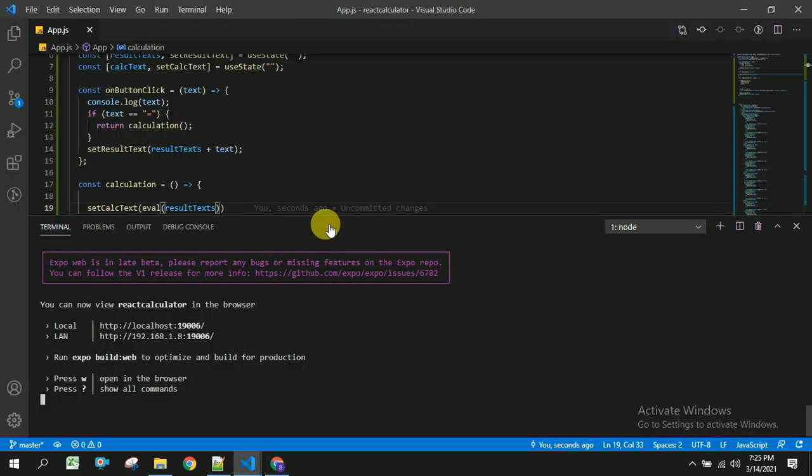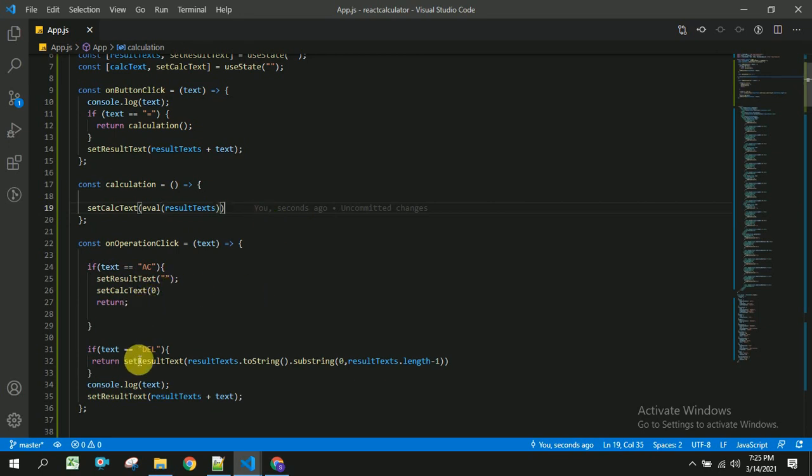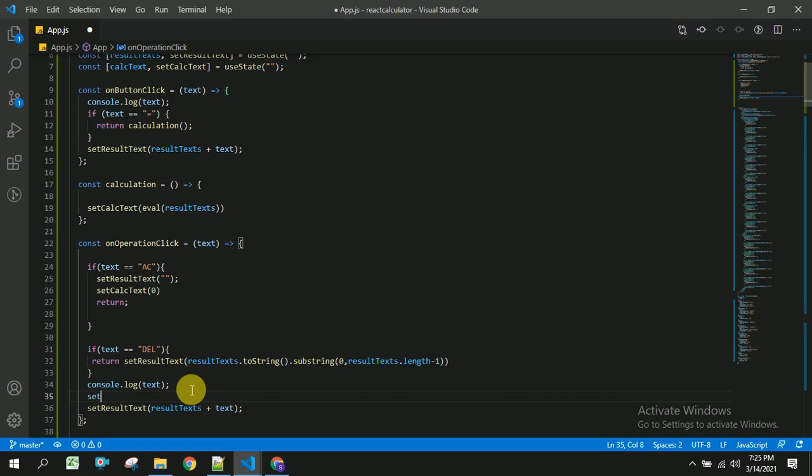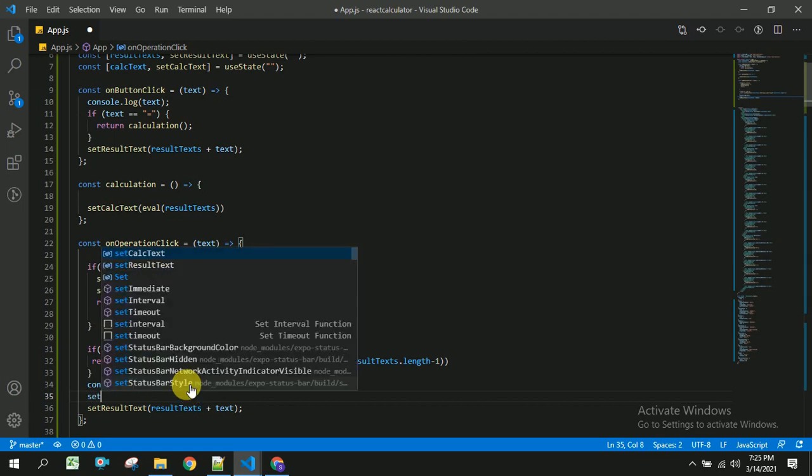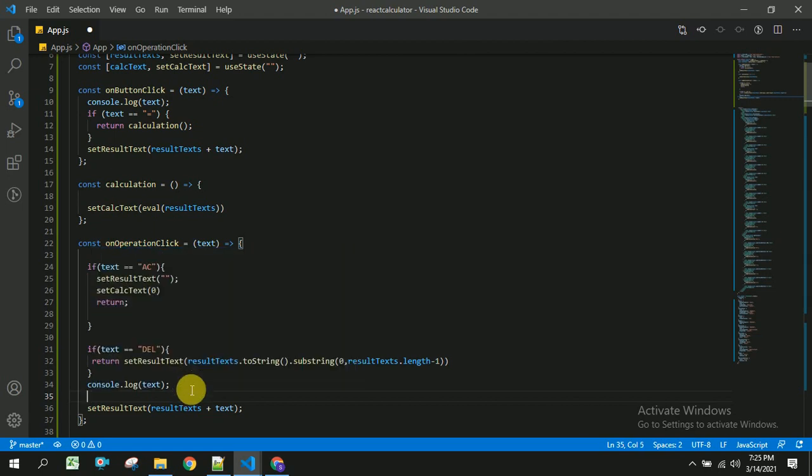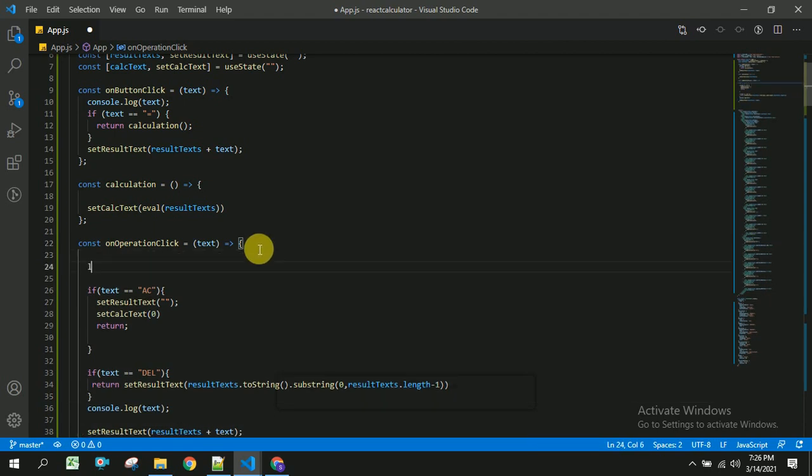For this, we have to go here and set. Before this, I am going to take all the operations into an array.